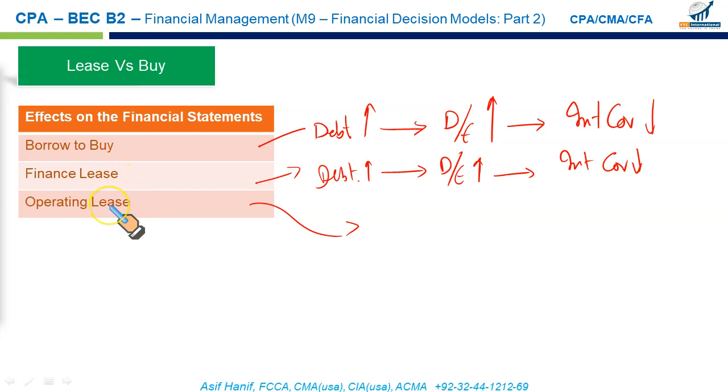And if you go for the operating lease, and I told you the accounting treatment of operating lease and finance lease under the new standard is almost the same, with slight difference. In this, you will also record debt on your balance sheet. This will increase your debt to equity ratio. But the important point here to learn is that if it is an operating lease that is less than 12 months, this lease term is just 12 months, in that case it is just treated as a rental arrangement, and the lease payment is considered just like a normal rent item, and it's treated accordingly.